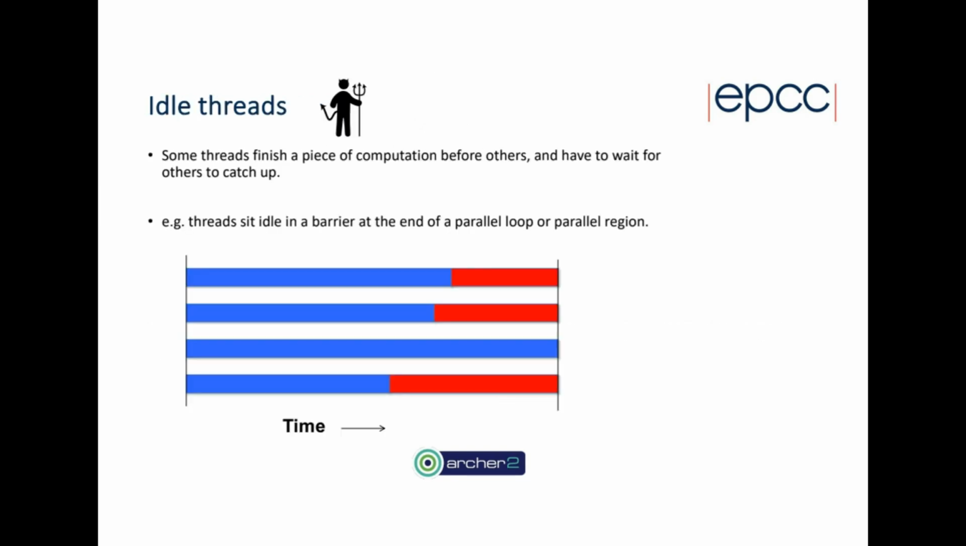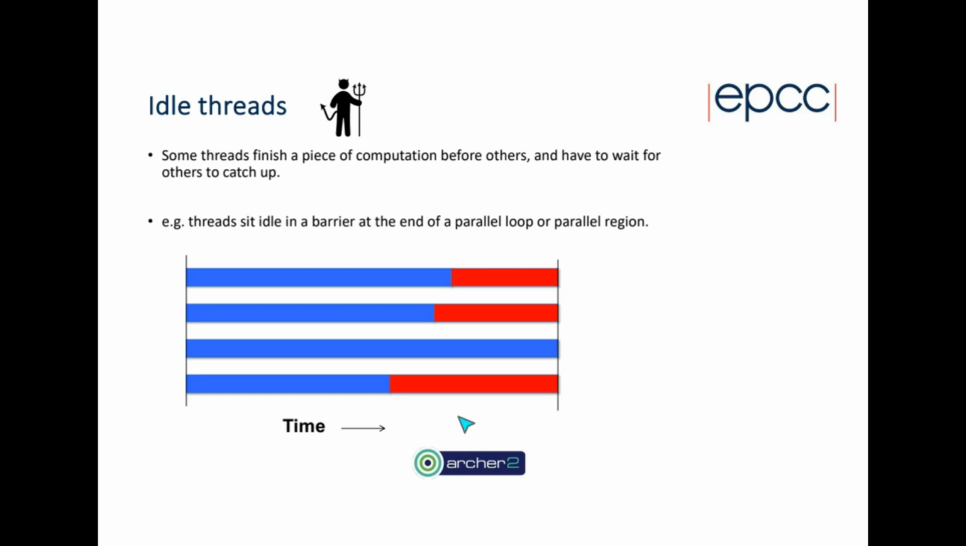Okay, next one is idle threads. This is typically caused by some threads finishing some piece of computation before others, and having to wait for other threads to catch up. For example, threads sitting idle in a barrier at the end of a parallel loop or a parallel region. OpenMP has a lot of implicit barriers, so there are a lot of places where threads are waiting